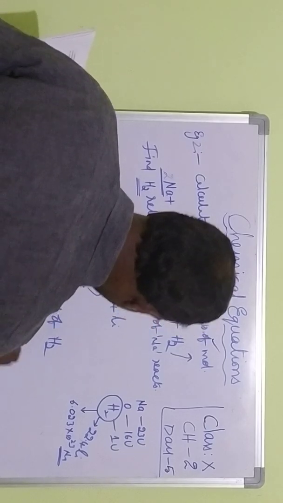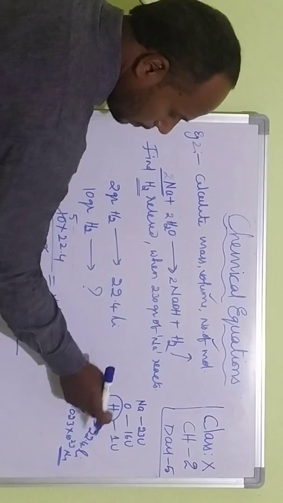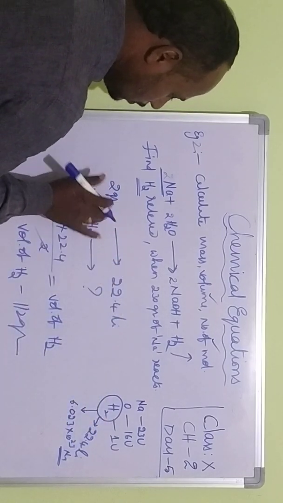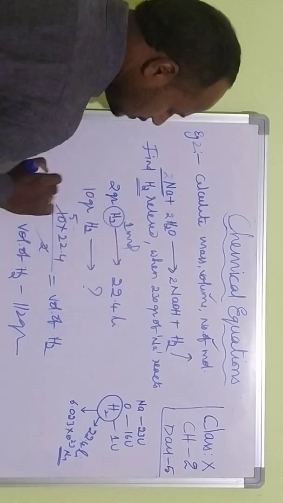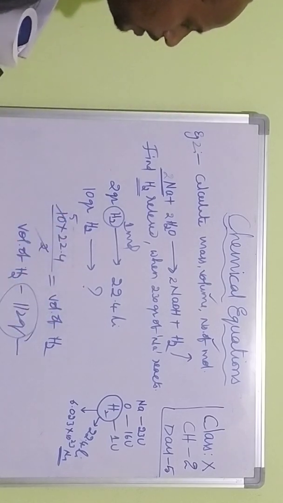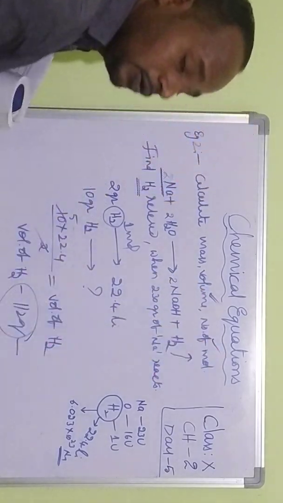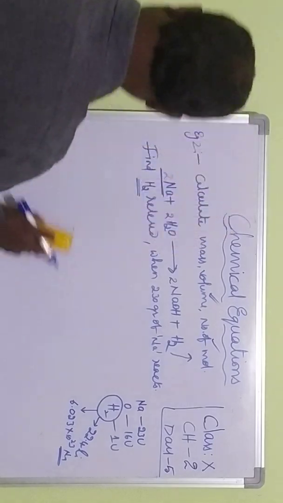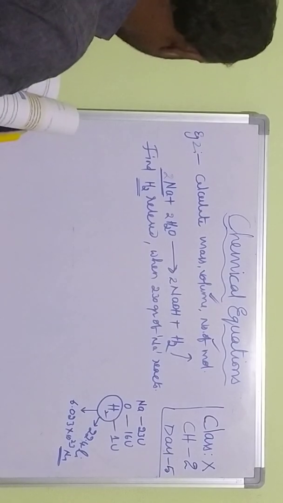How much? 112 liters of hydrogen. See here, 2 grams of hydrogen, 22.4, means a fixed value. 2 grams of hydrogen is nothing but 1 mole. Then for 10 grams, how much? Using this data, we can find the 112 liters of hydrogen, so we can find the volume. Now we are going to find the number of molecules, which is nothing but this 6.023 into 10 to the power of 23.